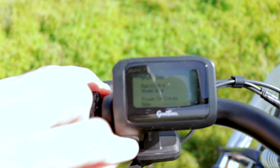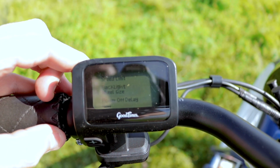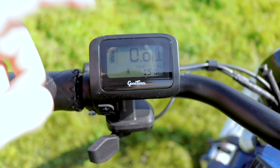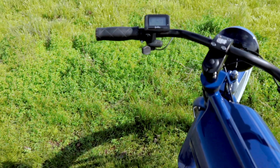To get out of that, we'll just hold the plus and minus again. Maybe it's actually hold the back button, the power button. I don't know. Anyways, I held the power button, it turned off. Hold it again, turn it back on. That's how you get in the settings if you do want to change the top speed on this bike right here. Other than that,